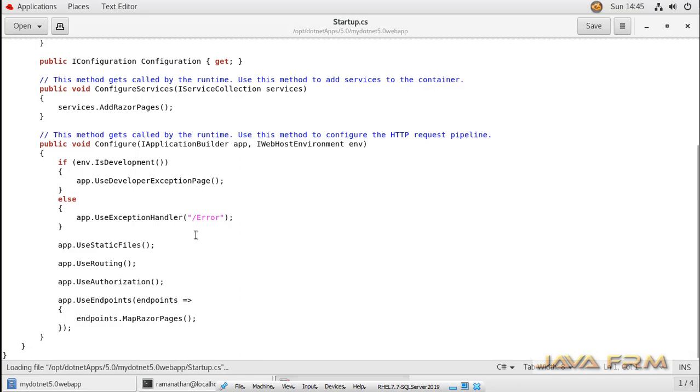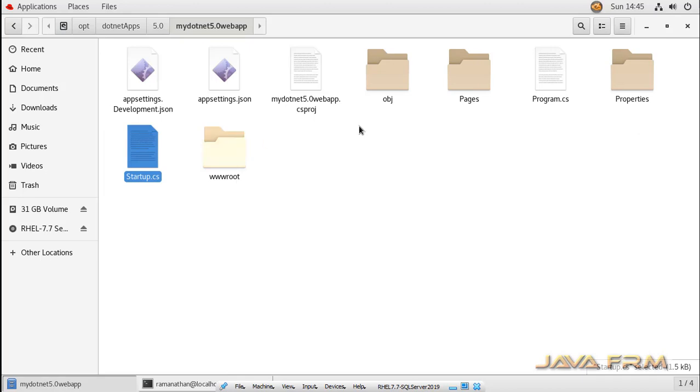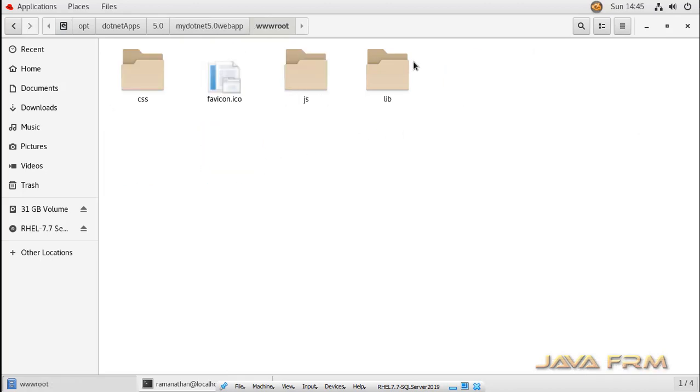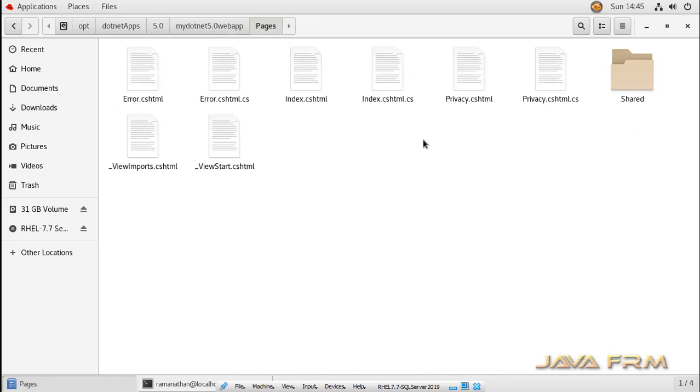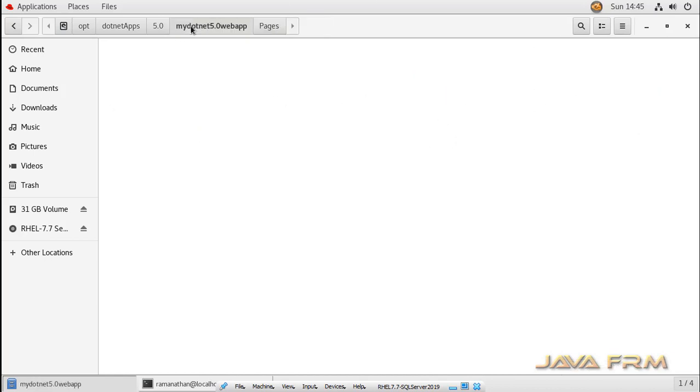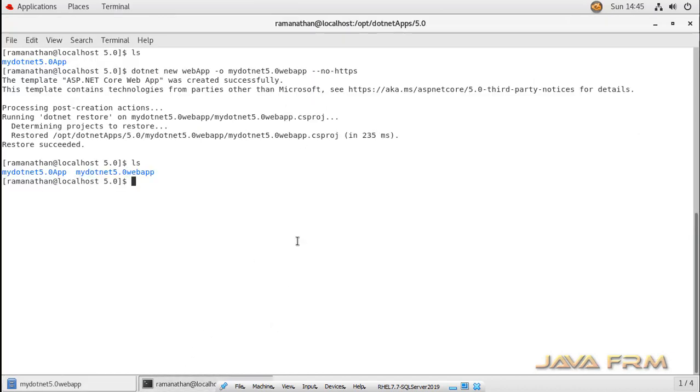If you are an expert in C# programming, you can add extra logic to these C# files. The wwwroot contains JavaScript, and the lib directory contains the Bootstrap and jQuery frameworks. The Pages directory contains HTML pages, so you can modify the HTML pages as per your requirement.